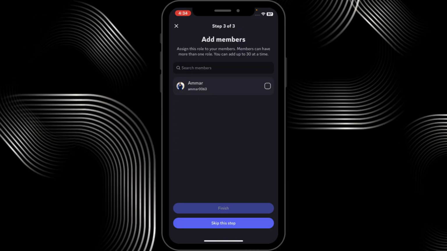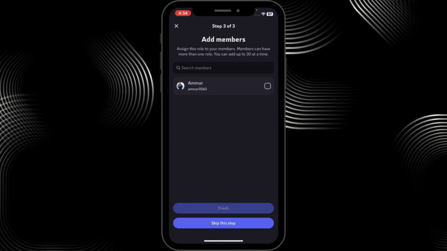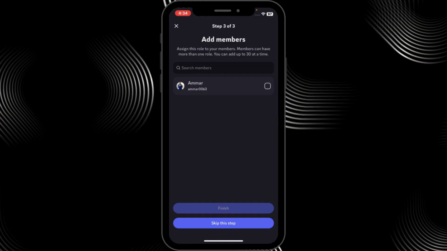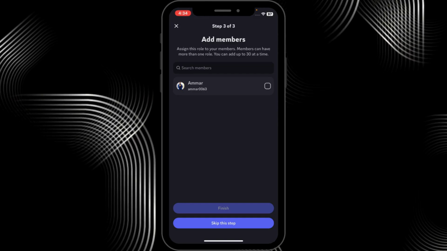So you can name the role, pick a color, and toggle specific permissions on or off, and of course add the member who's gonna be in